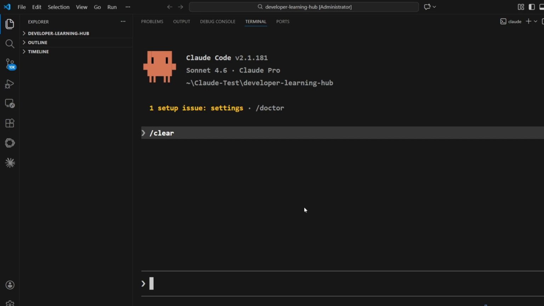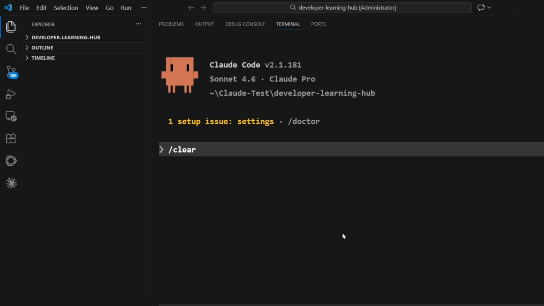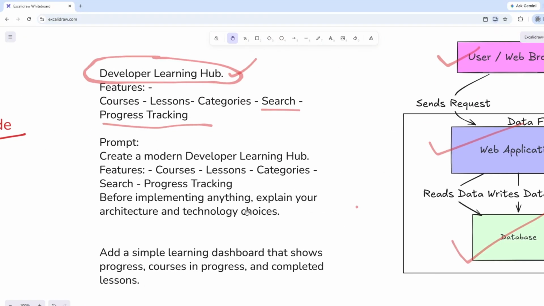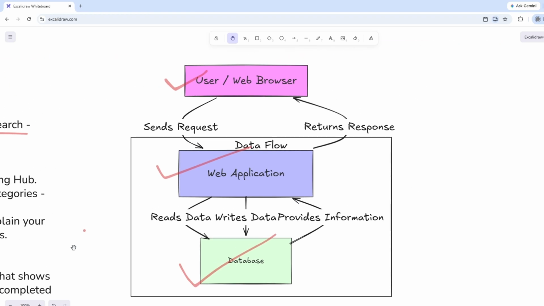All right, so Claude Code is installed. Now it's time to build something real. For this course, we are going to build this Developer Learning Hub website. The features are going to be something like courses, lessons, categories, and from an architecture point of view,